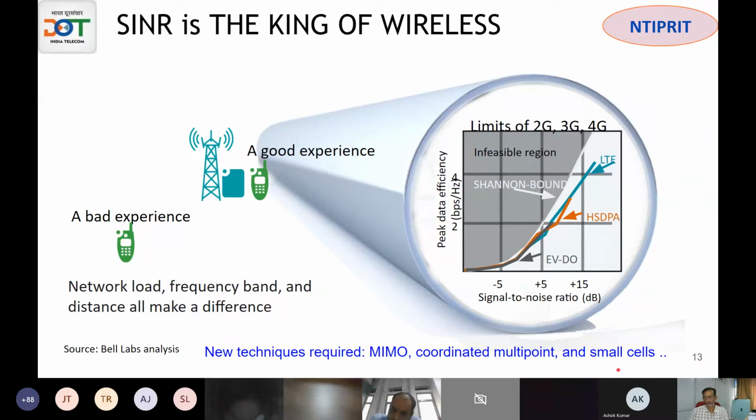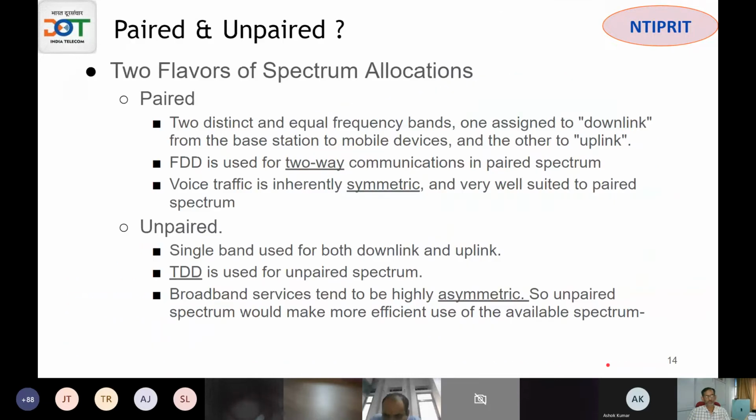The importance of small cells is always very, very important. Like I said, the best signal is near to you, within close proximity. So you take the base station to the customer, to the user equipment, to the mobile handset, by hanging the antenna right inside the building. So that's why we have in-building systems, which are very key. Whatever throughput we are claiming in various technologies will be available only to those customers who are in the IBSs.